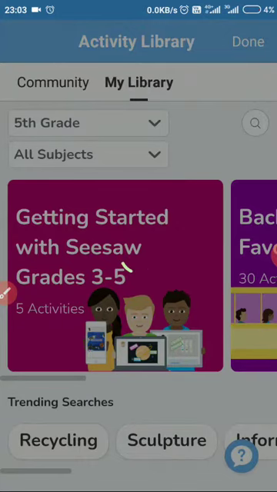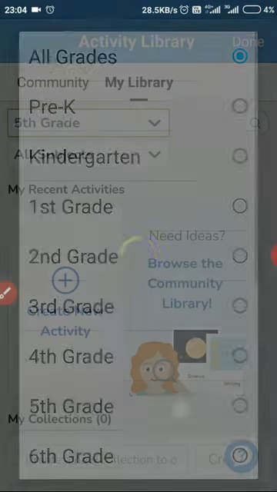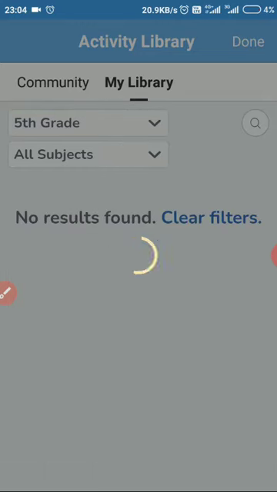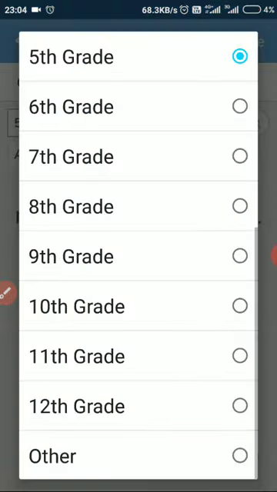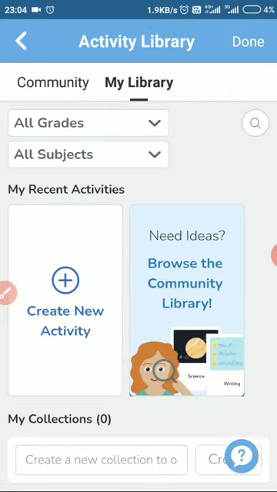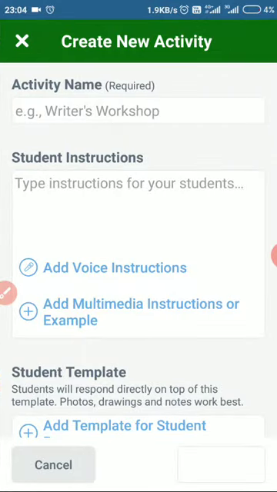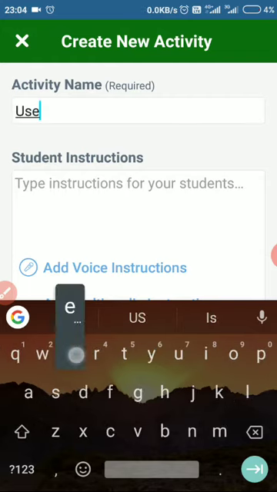If you want, you can make your own library. So suppose I want to add class 5th grade. So there is no library of mine, right? So now I'm making my own library. Create new. Now see, let me make it. It is about what? Use of